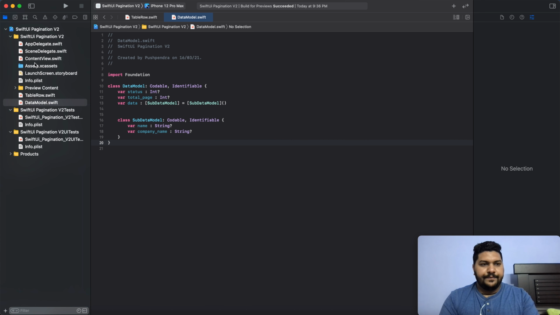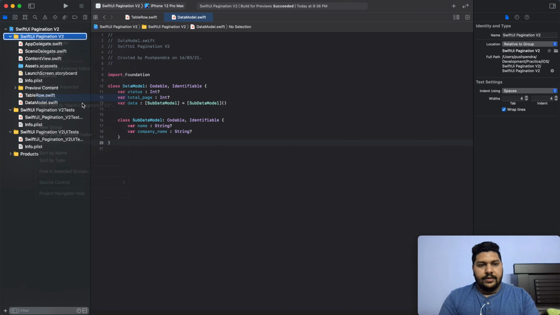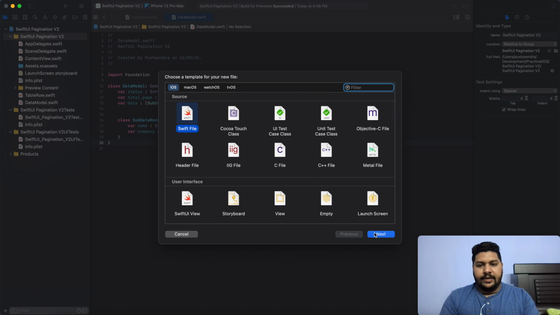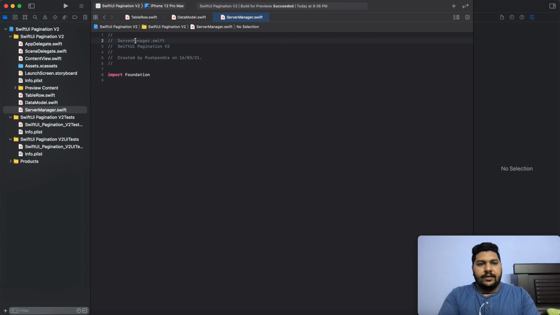After that, create another class for handling the server call. I can say the name is ServerManager. Here it is, and this ServerManager class will be my observable object. It will extend ObservableObject.